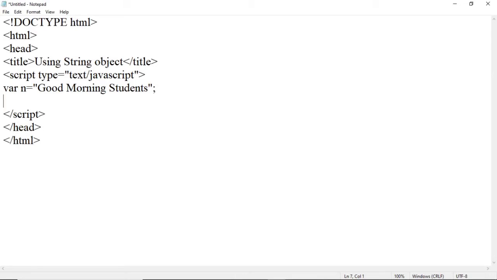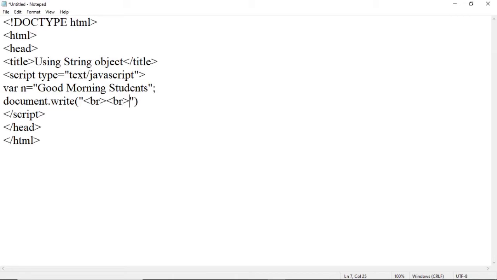Now we have to manipulate this string, that is, use different methods and properties of the string object. For that, to print a value, we will use document.write. Within this, we want to display something always on a next line, so I am using a br tag to have the output on the next line.